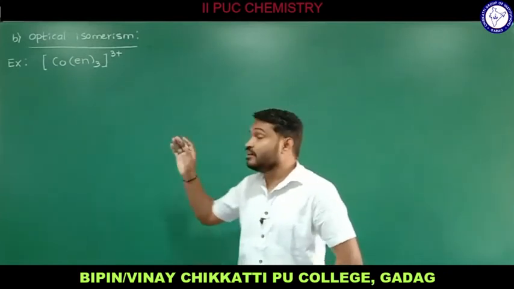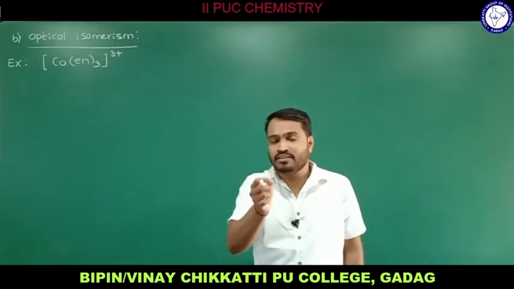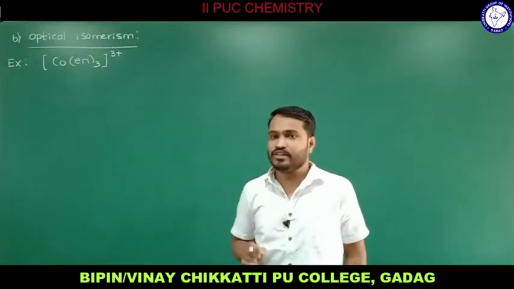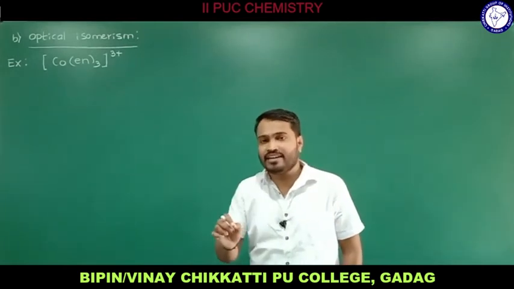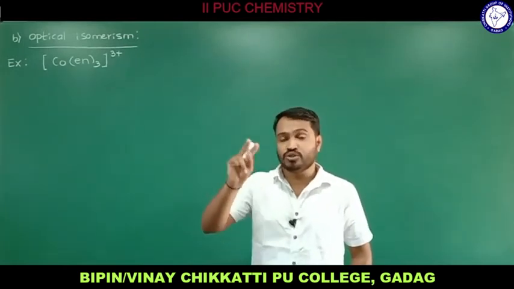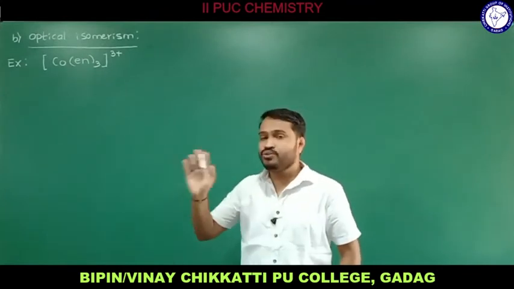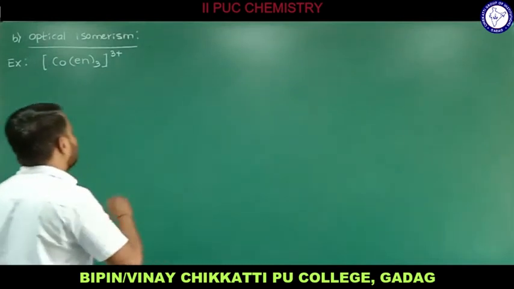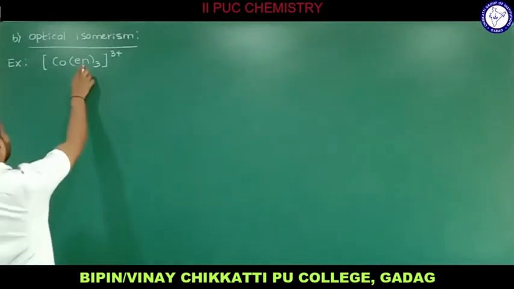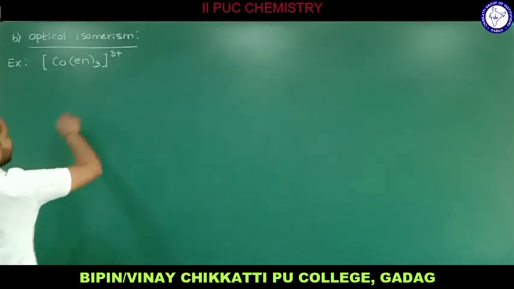In the previous example I have shown how to draw the bidentate ligand if you have an isomer. So how many do we have? Three. Each bidentate ligand contains 2 lone pairs of electrons, meaning 2 coordination bonds. Totally 3, so 2 into 3, 6 will be the coordination number, octahedral geometry. Since we have 3 bidentate ligands to draw, the charge will be 3 plus.